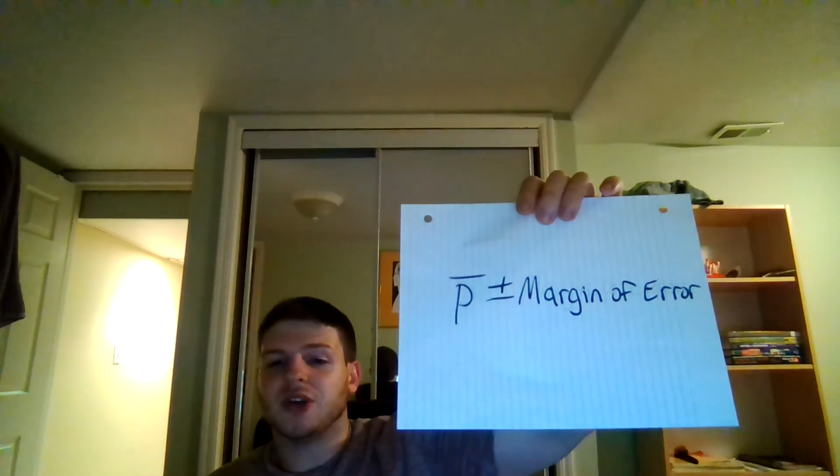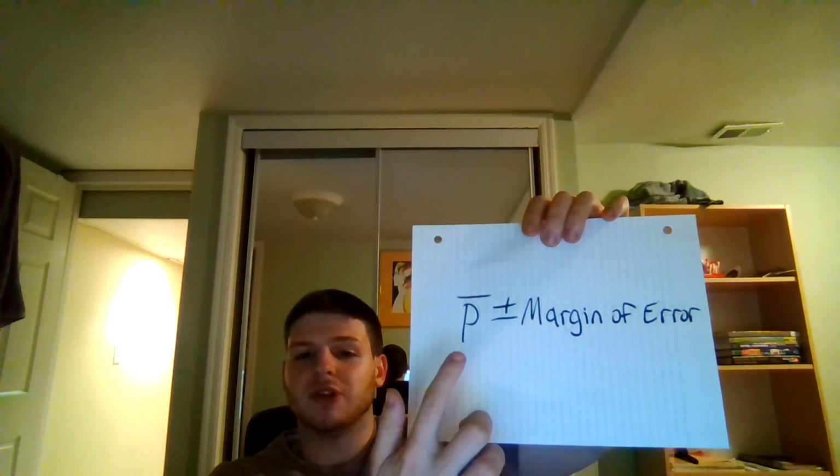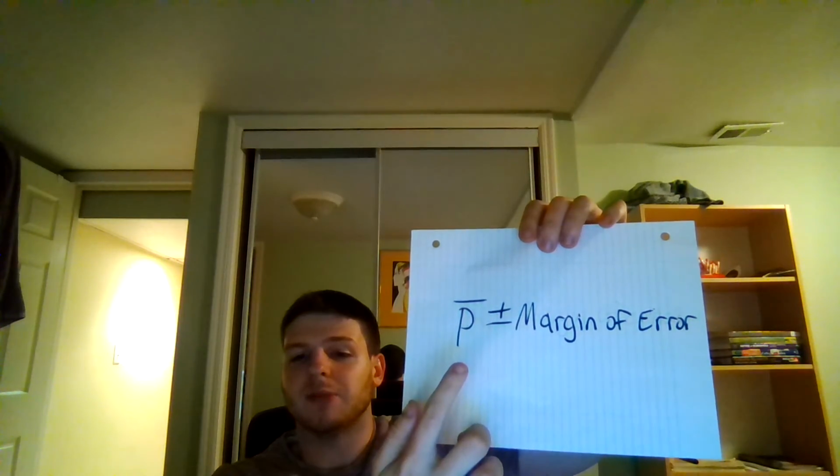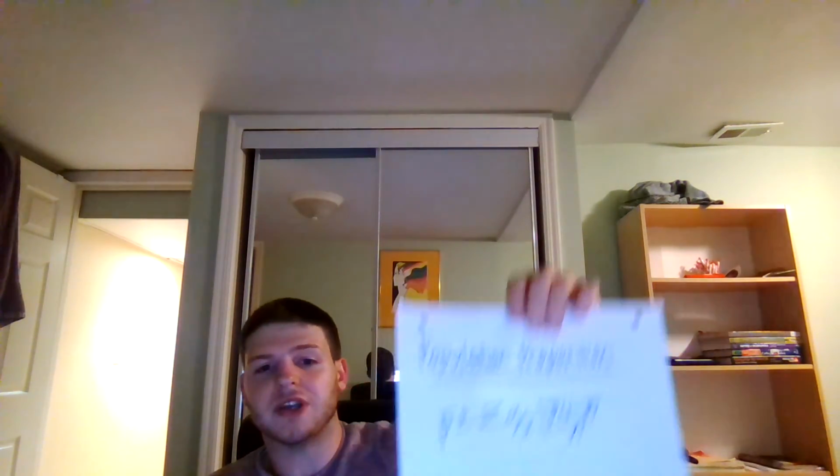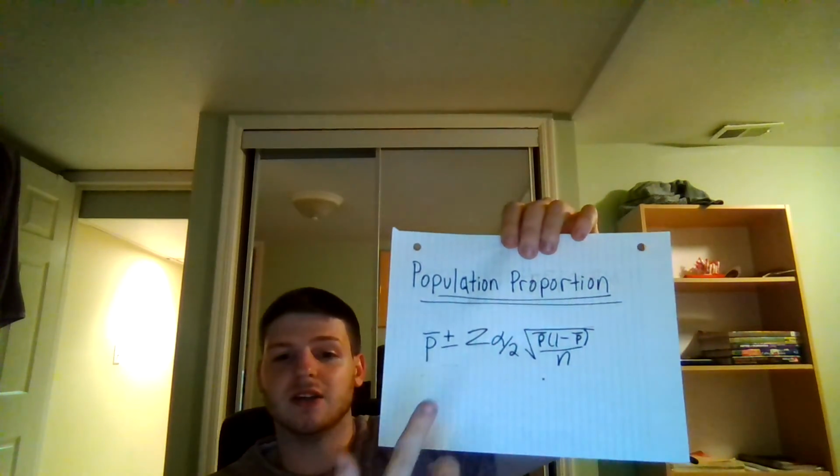Now, also, you can use interval estimates for population proportions, which you would use generally this equation here: your sample proportion plus or minus the margin of error. And in the following equation, to use it, your sample proportion times n, your sample size, has to be greater than 5, as well as n, your sample size, times 1 minus your sample proportion. And you would use the following equation, where p hat here again is going to be